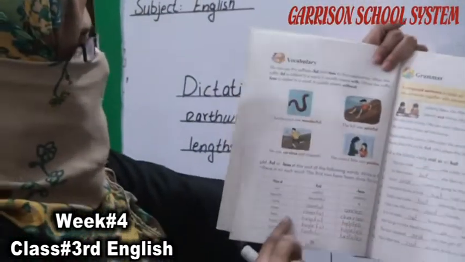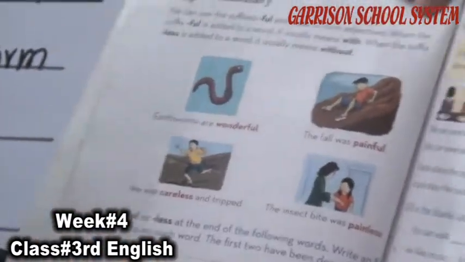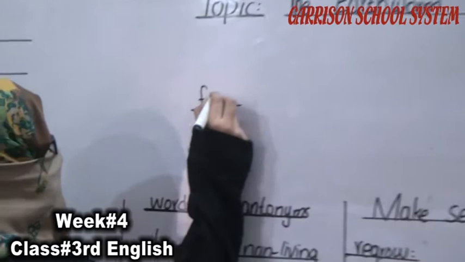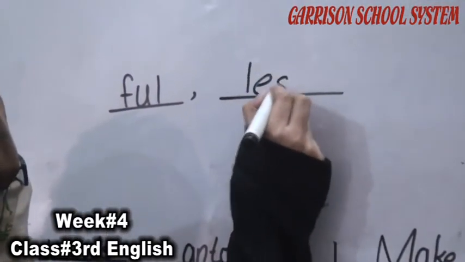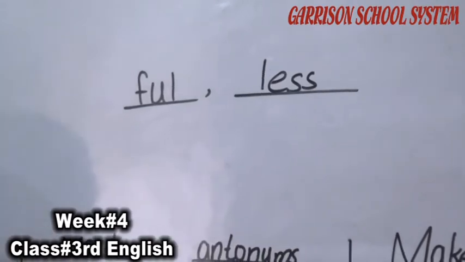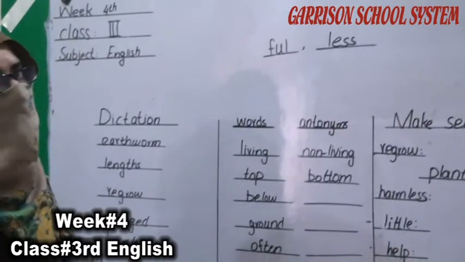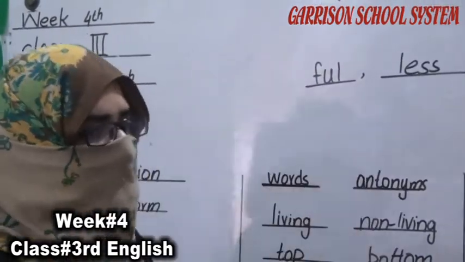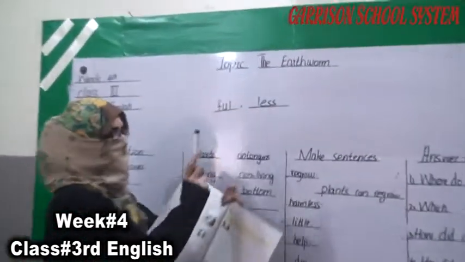Okay, now come to the next page. This page is about the vocabulary page. In this lesson, we learn about the 2 suffixes, full and less. As I am writing F-U-L, full, and another word is less. When we praise someone, जब आप किसी चीज की तारीफ करते हैं या जो चीज आपको अच्छी लगती है जिसका एक मीनिंग होता है, उसके लिए हम यूज करते हैं वर्ड full. And when we lose a thing and we don't have much space, we use the word less.